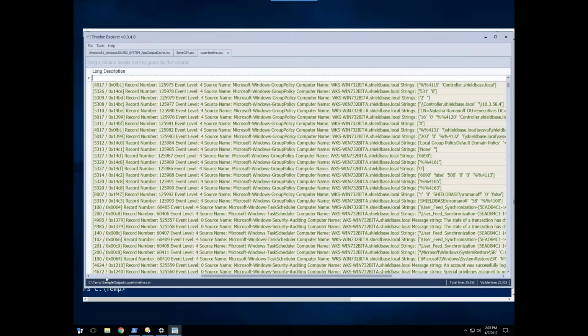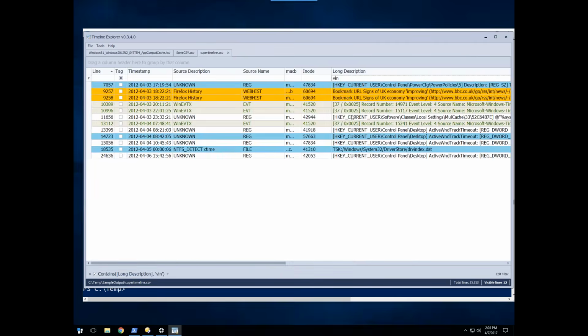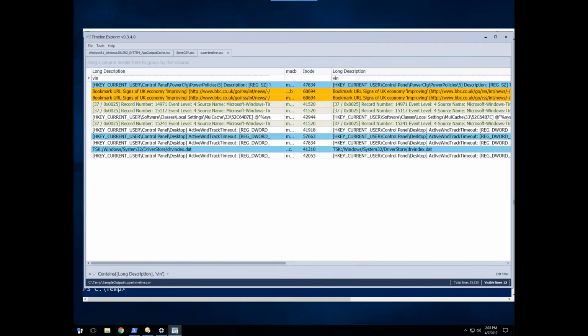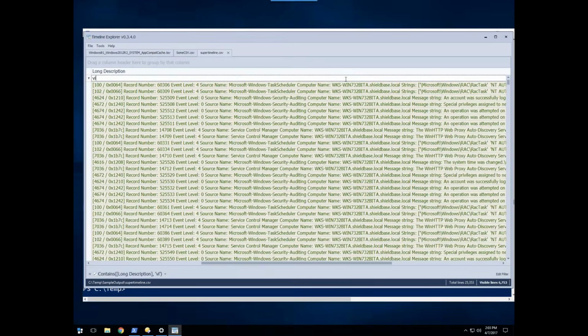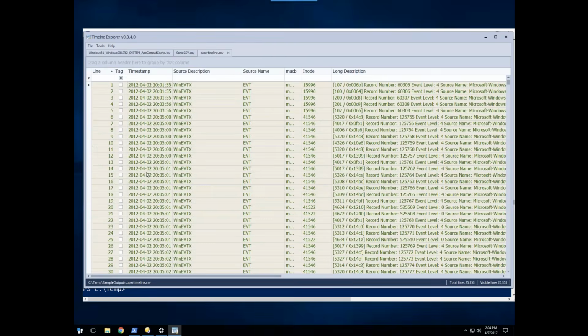You could do quick filtering on any of this stuff, and it's going to limit it right down. I just type some stuff, and you can see right away we're going to get just the matches. So it's really, really quick on how it's filtering and making the data presentation easy for us. Same thing with tagging. This is really where tagging might come into play, where you have 2, 3, 4, 8, who knows how many different things. You can just start tagging these entries that are interesting, and then filter, export out a sub-timeline,